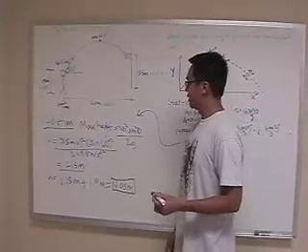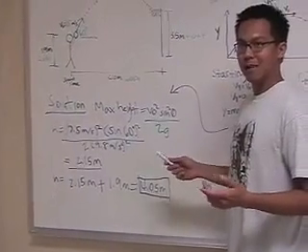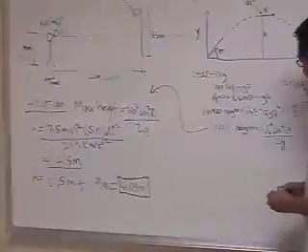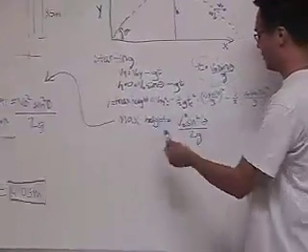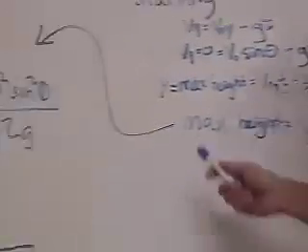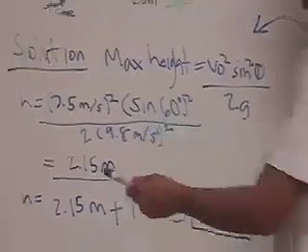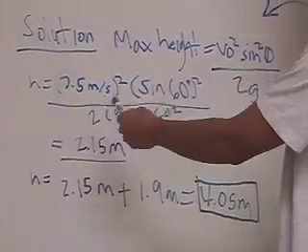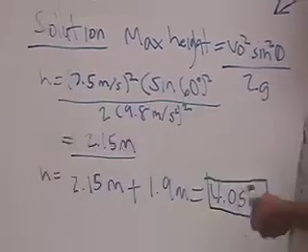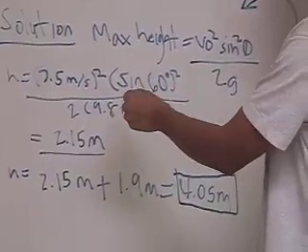Thanks, Paul and Tyler. Now we're going to do the solution for this problem. It's a long problem. It's taken us a long amount of time to derive this equation and draw the diagram. So basically, Paul and Tyler derived the max height equation, which is initial velocity squared times sine squared of theta over 2g. And this is the equation right here. And we're going to plug in our numbers. Our initial velocity is 7.5 meters per second. Our angle is 60, and g is 9.8 meters per second squared. So once you calculate this, it comes out to